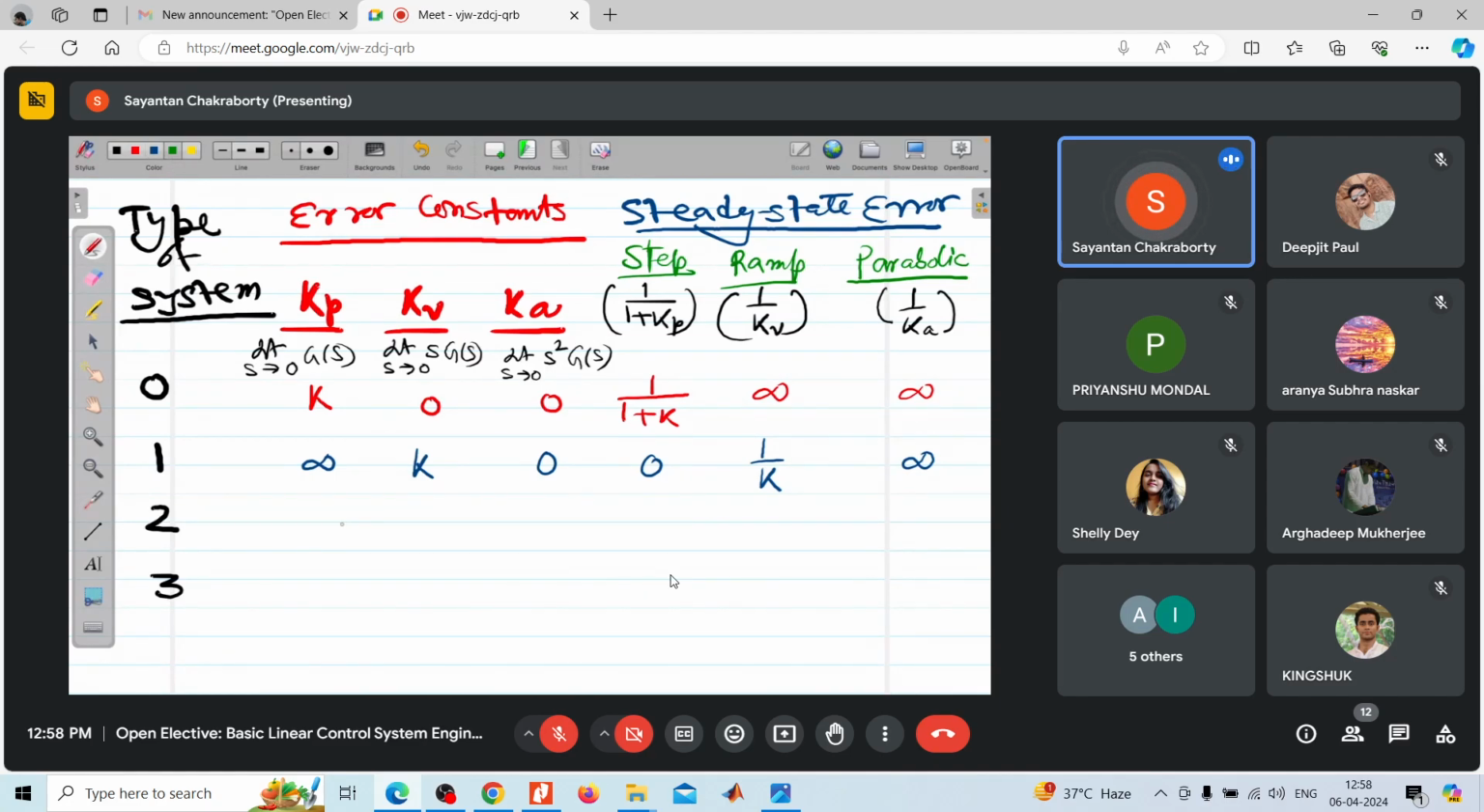Next, type 2 system. Type 2 means there are two poles at origin. It's a square term in the denominator, so it is infinity, again infinity, and this is only Ka. So it follows a step input with 0 offset, a ramp input with 0 offset, and a parabolic input with a finite offset. For a type 3 system,